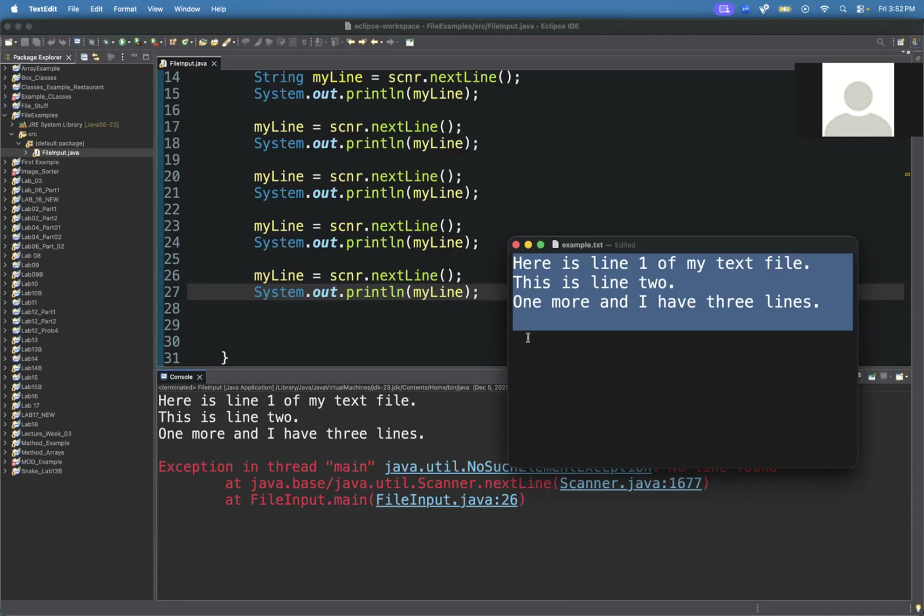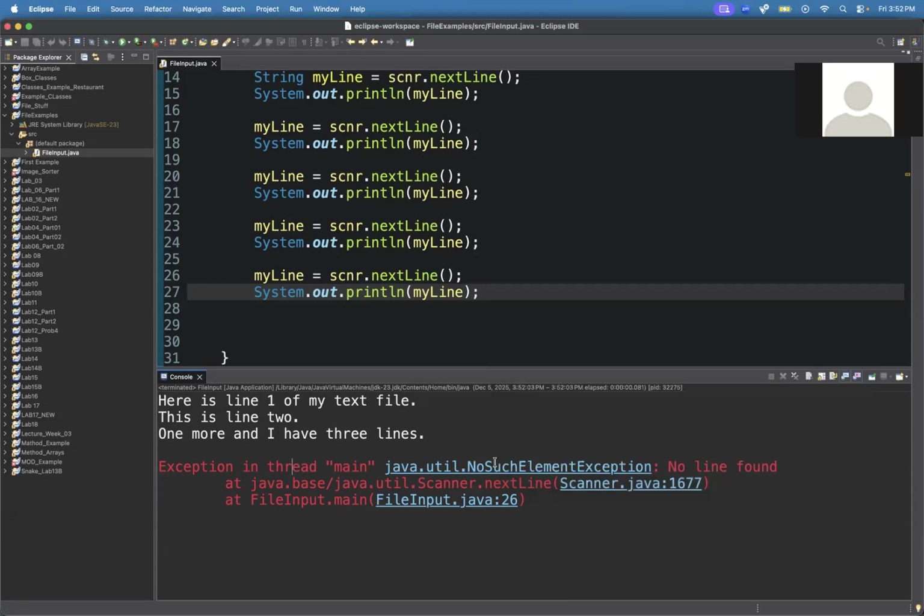But then when it tries to read a fifth line, there's no fifth line. So when you try to read a fifth line, you get an error. And the error is very simple, no line found. You tried to read a line, but there was no line. And so because of that,